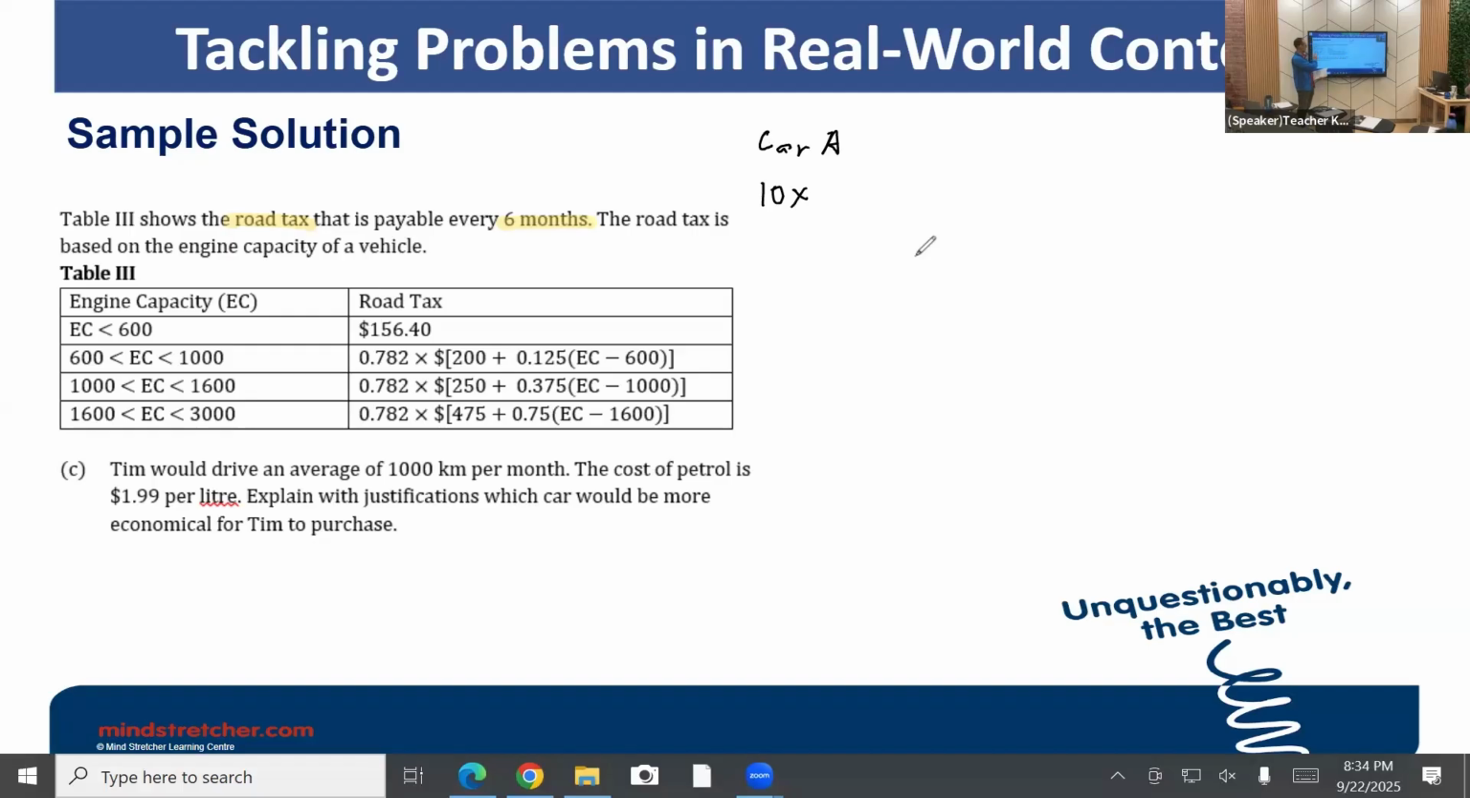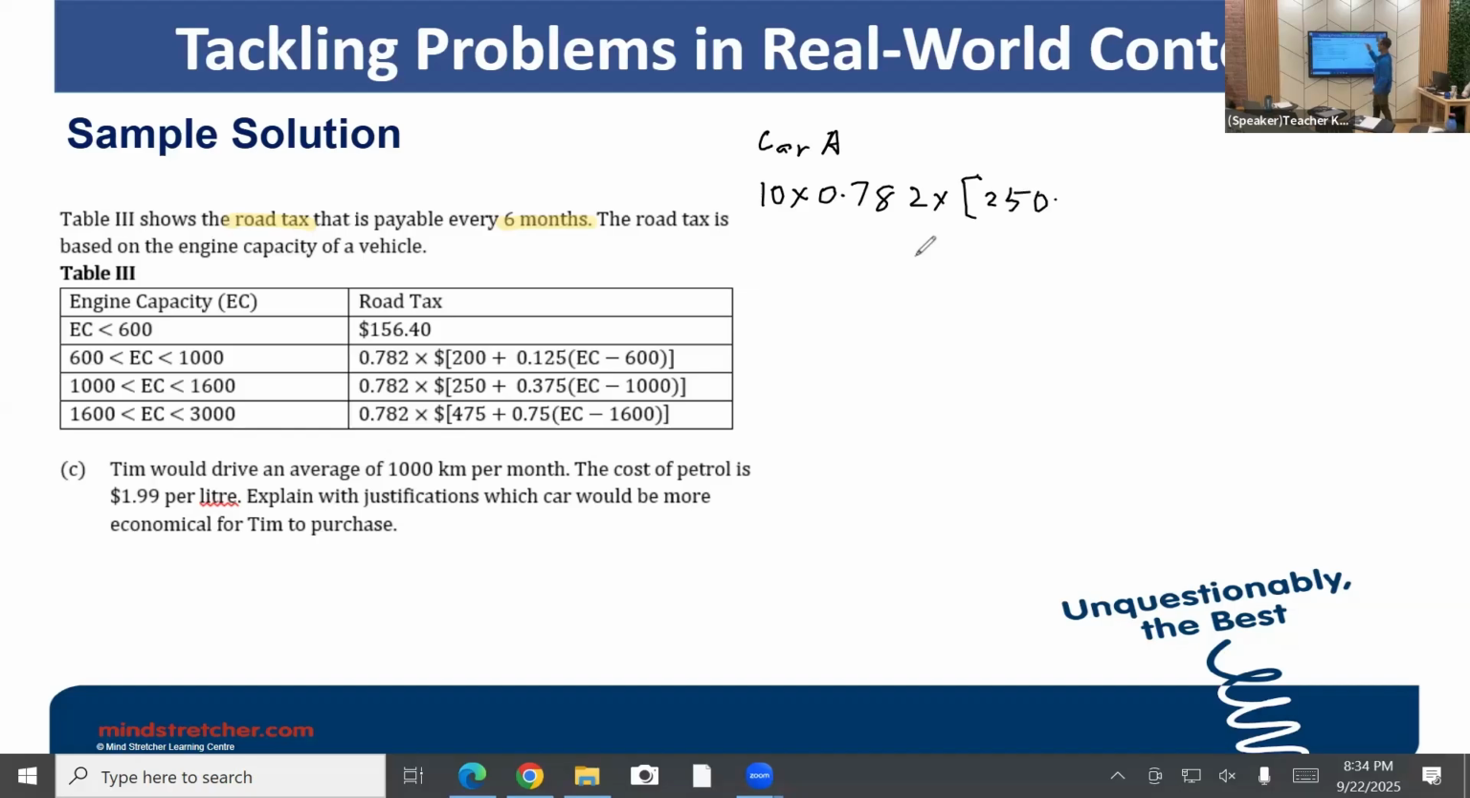This is 600 to 1,000 only. Third one, right? Okay, so the third one is you have all these things that you need to consider. First of all, we will just use 10 times. Then after that, we can actually write 0.782 multiplied by this whole list of things here, which is the